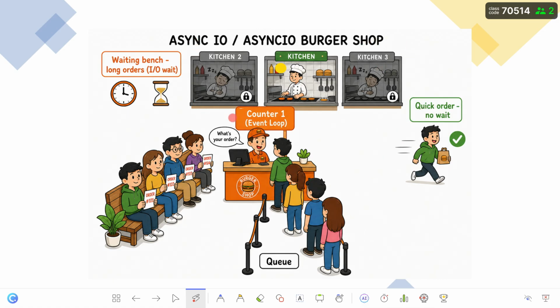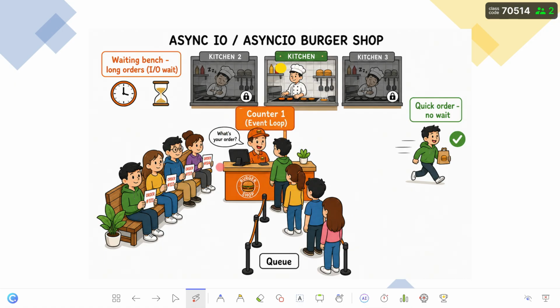You can see they have a kitchen, a reception staff, and a queue of customers. They are here to buy burgers, and additionally you can see a waiting bench here. All other elements are executing the same as before, but